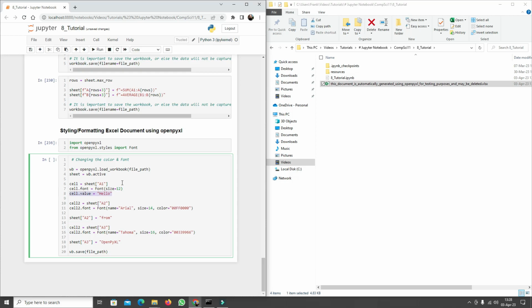And then set the value of that cell equals to hello. For the second cell, A2, we're going to do the same thing, but we're going to change different attributes. We're going to give it name of Arial for the font. All right. And we're also going to set the size equals to 14, as well as the color to this hexadecimal value,